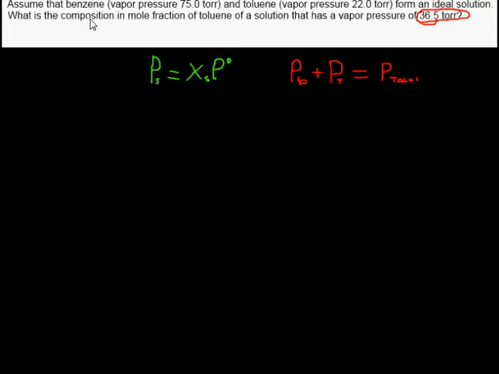So we know that. Now, how do we figure out what these two are? Well, we could just use this equation to figure that out, right? So what if we took this and plugged into each one, but each one with a different variable, of course. This one is for the benzene. This one is for the toluene, so we'll use the right subscripts. Okay, so this for benzene: the mole fraction of benzene times the pure vapor pressure of benzene, plus